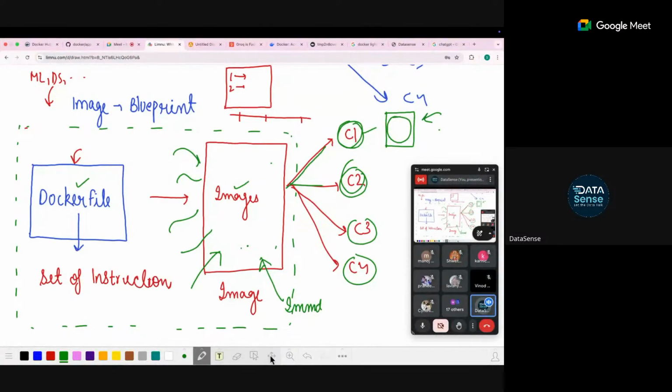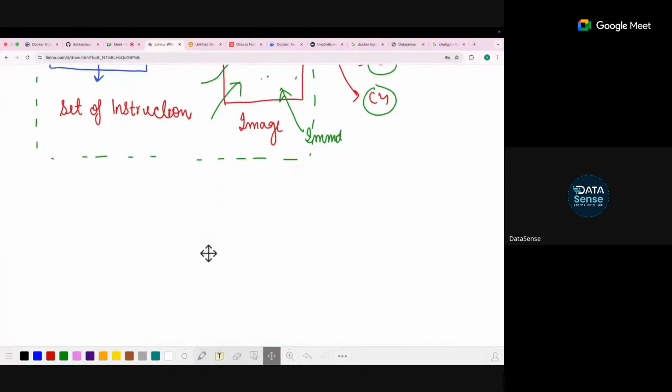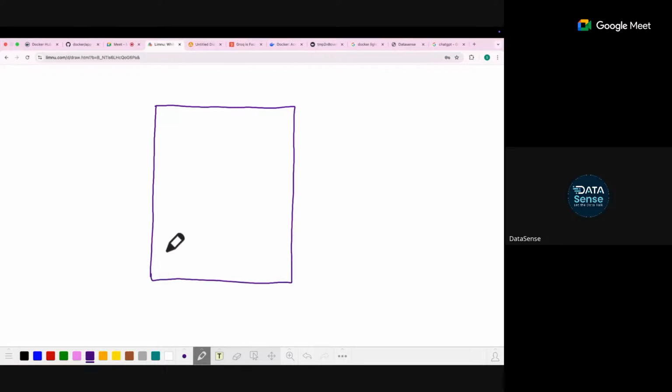Now let's deep dive a little bit more on images, containers and the Dockerfile. Let's see what a running container looks like. Let's say this is a container that you have created and your application is running. Now remember, what was the difference from the virtual environment which we mentioned? What was the problem with the virtual environment? Tell me. I just told you a few minutes back.